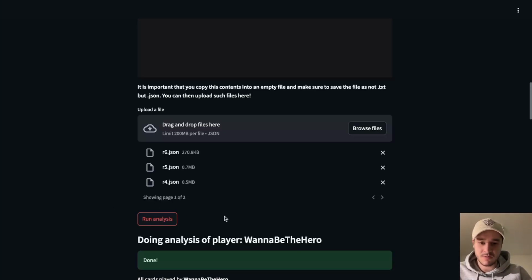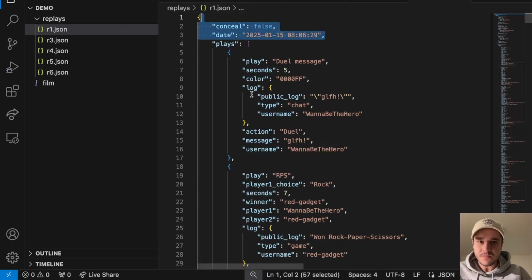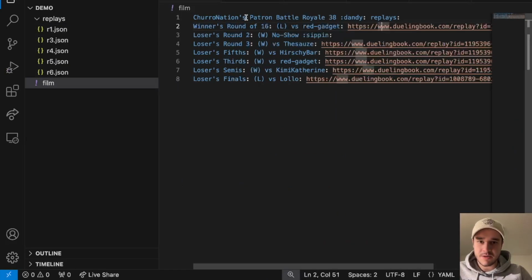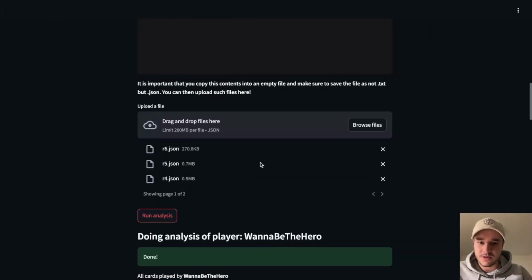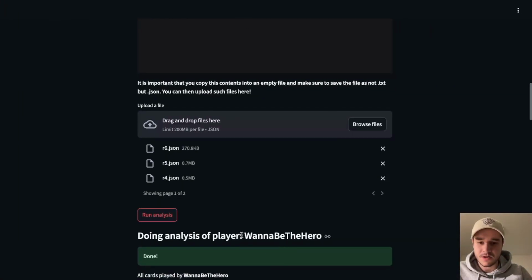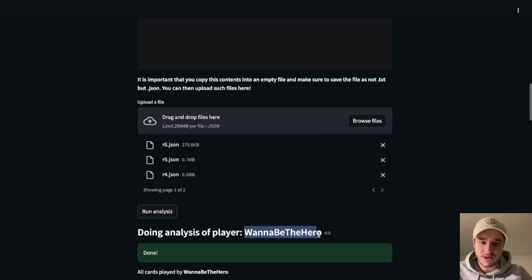In this case, this is Want to Be a Hero, but you'll notice that it's not the same as here. This is just this person that I played against, his Discord handle, but on the other hand, he has a different, what's it called, dueling book name. So it will extract the dueling book name, and the one with the most occurrences, it will actually do analysis